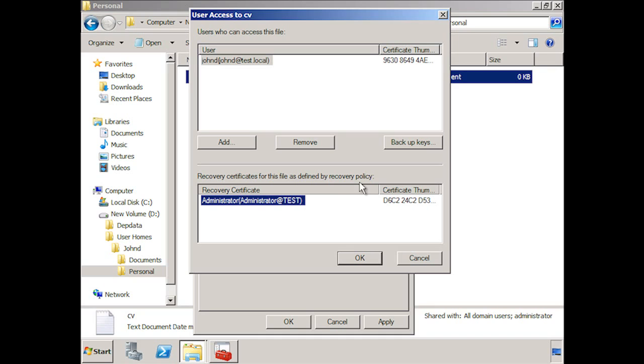Notice also the option Backup Keys. This allows me to export my keys for use on another computer or simply for backup purposes. It is important to back up your keys because if you lose them, you will not be able to access your files. Remember also, if I were to delete this user, the certificate would also be deleted with the user. Even if I created another user with the same name, I will not be able to access the encrypted files